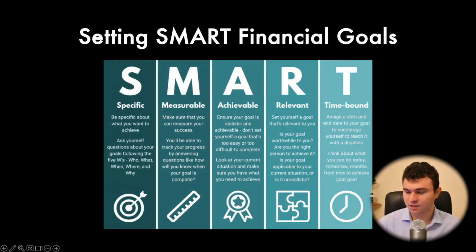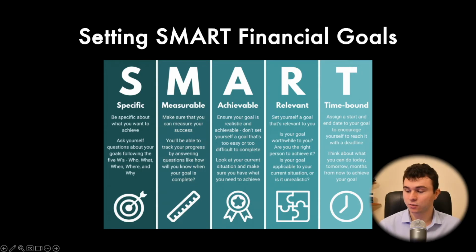Your goals must be relevant, so make sense with your job function. If you don't have the time to study stocks and study the market, maybe it would be better for you to just invest in the S&P 500 index, because the analysis of stocks and markets is very time consuming. So be aware of this.